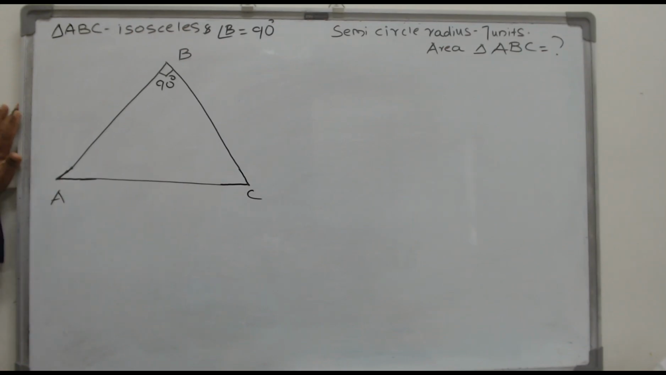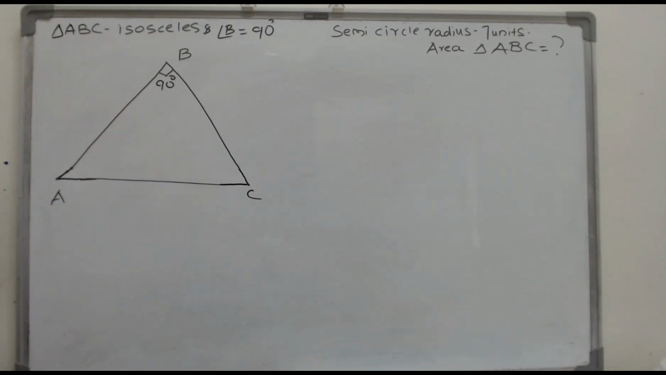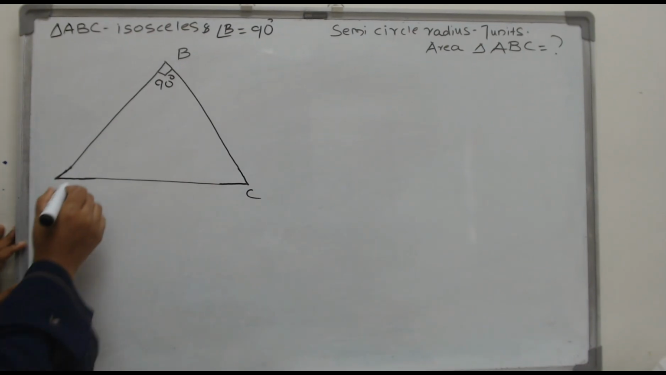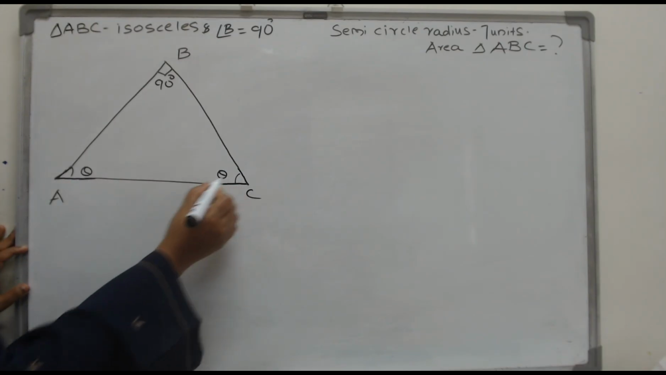Here we have a triangle ABC right angled at B. ABC is isosceles. It has two equal sides, which means it has two equal angles because the angles opposite to equal sides are equal. That means this angle here, if this is theta, this angle is also going to be